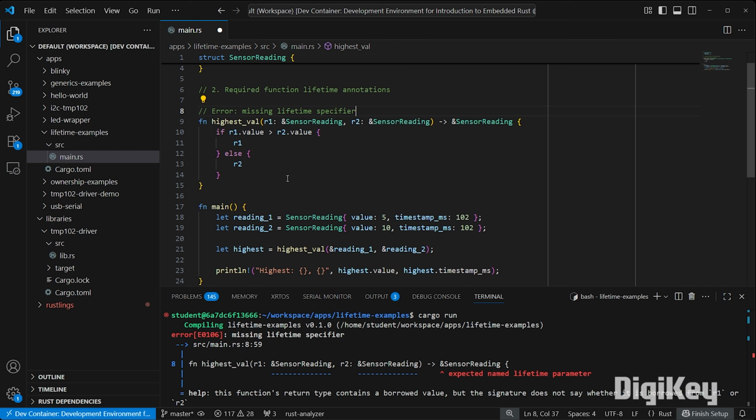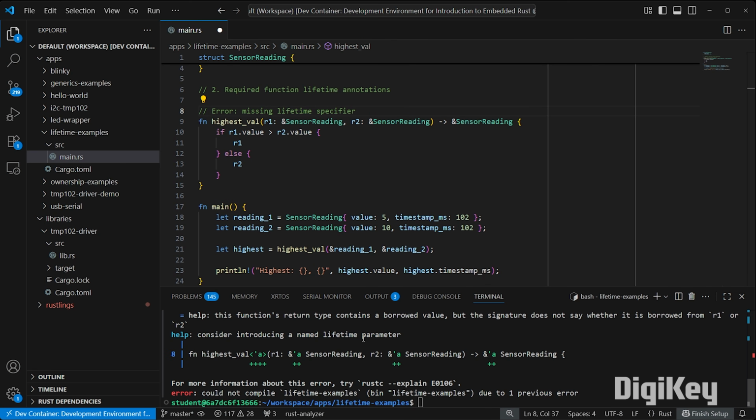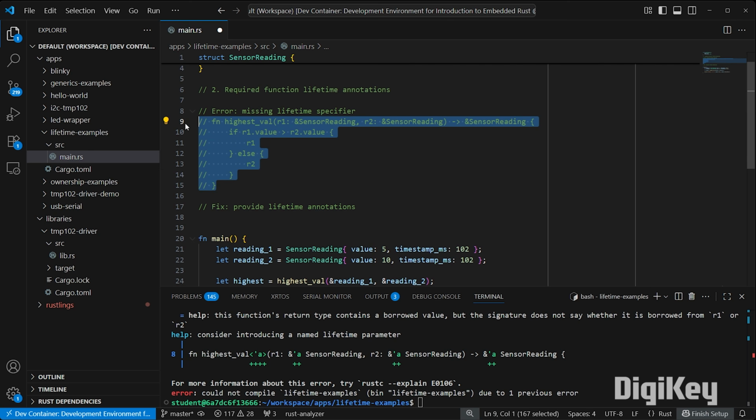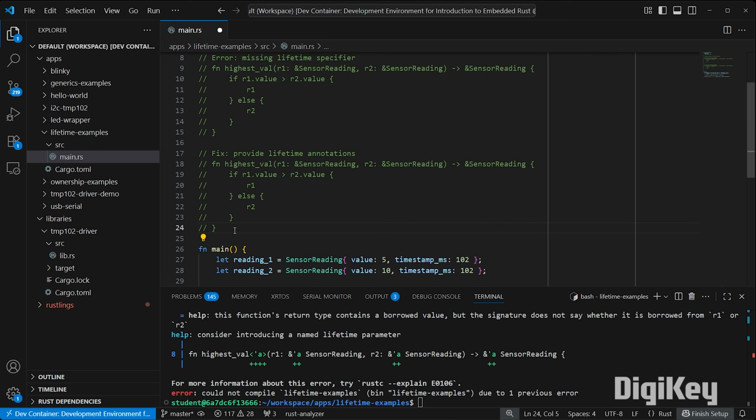Let's make a note here. If you look at the errors, you can see it giving you a hint about what it recommends for those annotations. So let's comment out that function and create our fix. I'm just going to take this function, drop it in here, uncomment it, and the only fix we need to make is to actually add those explicit lifetime annotations,